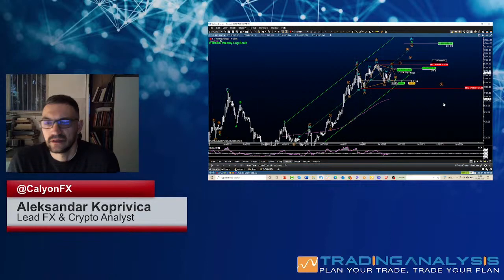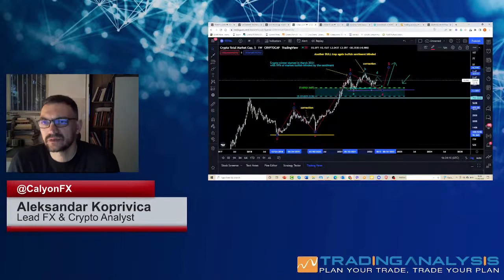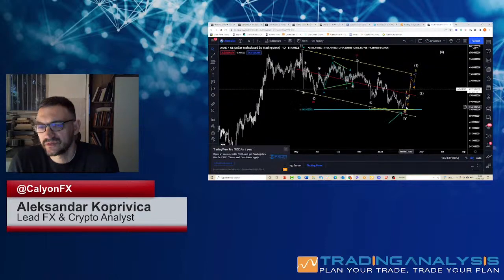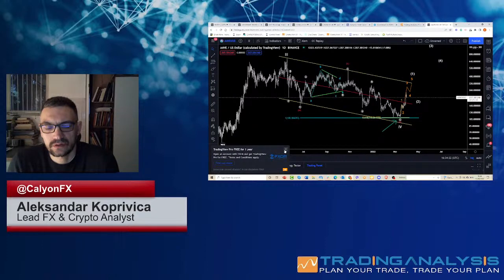So I'm going to show you one more chart. I have been talking about that pretty much in the last crypto labs. I've been pointing out to members as well, and also to you here, that Aave is testing some of the levels which are crucial. So I would like to go technical on this chart of Aave before I go to your comments and requests.